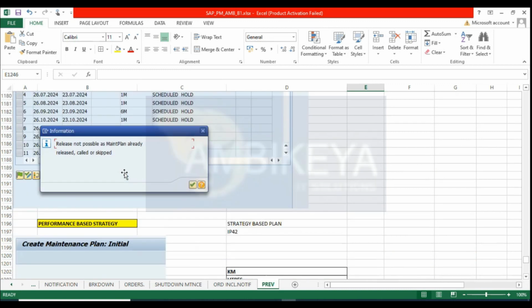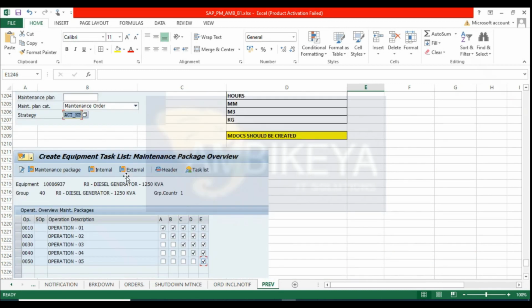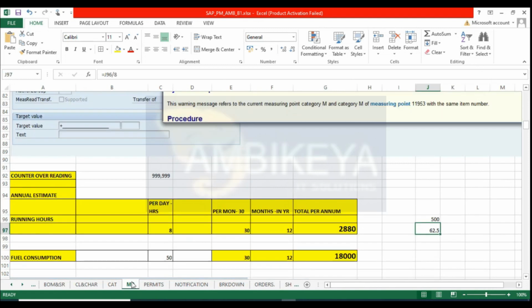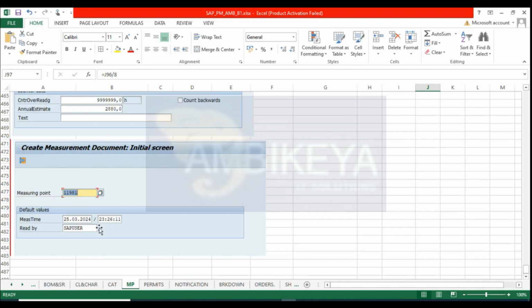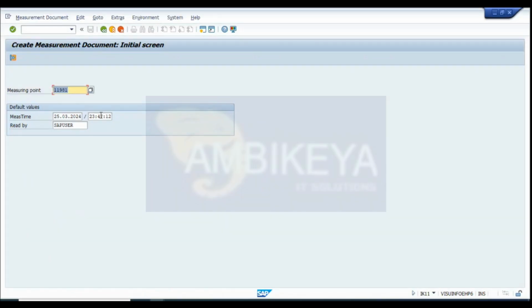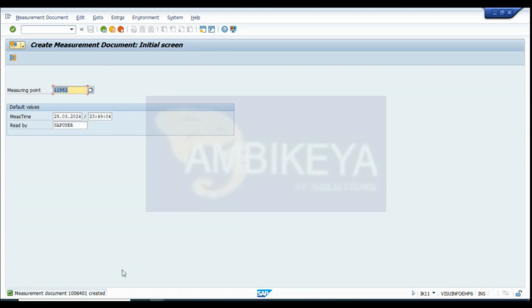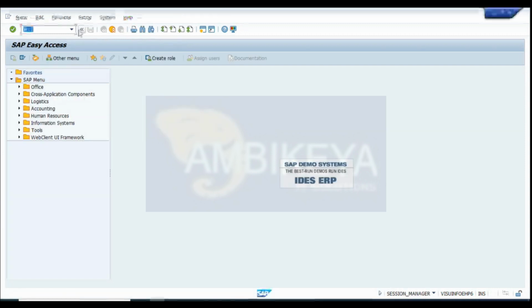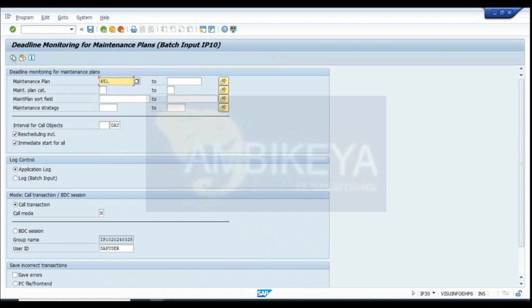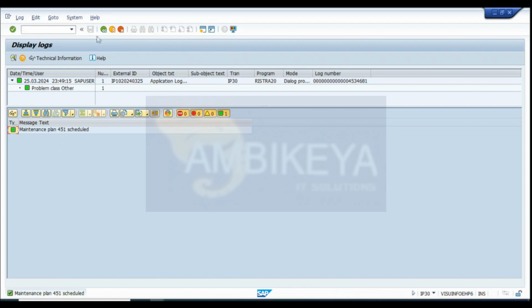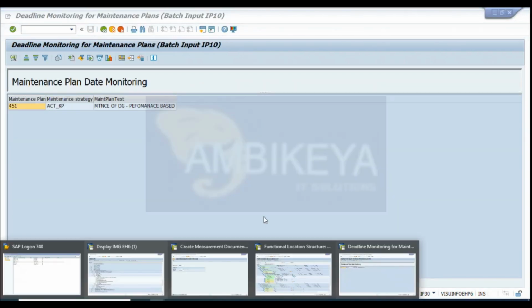ये देखिए पहले टाइम क्या था, फर्स्ट वाला टाइम क्या था हमारा, मेजरमेंट डॉक्यूमेंट टाइम 23-26, ये 23-47 में कर रहे हैं, तो जो प्रॉब्लम नहीं है, इसी को बीच में ही मेंटेनेंस प्लान क्रिएट हुआ था ना, सो नो इश्यूज फॉर दिस, ओके देन लाइक हियर आई विल पुट अगेन सम 300 आवर्स डायरेक्ट, ओके 300 आवर्स में ऑर्डर जनरेट होगा क्या, नहीं होगा, सो लेट मी गो फॉर IP30 and check, go for 451 execute this, whether order got generated, no, okay we'll wait for it, when order will get generated,